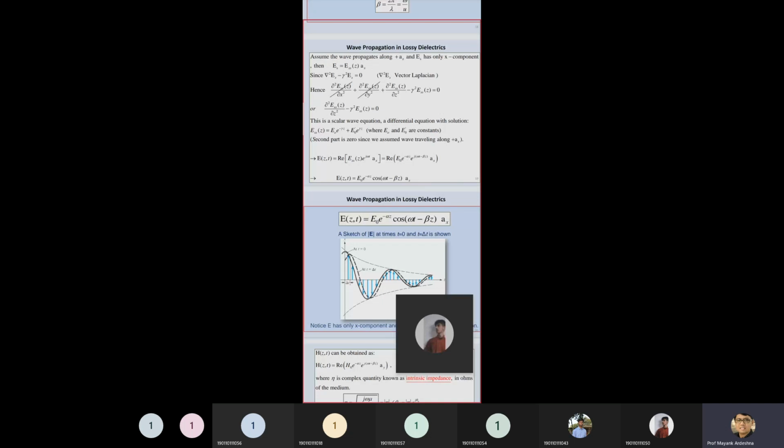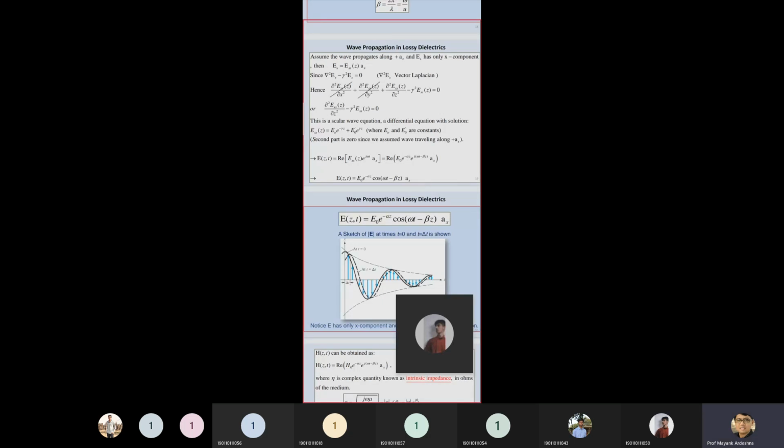If you see the equation in terms of the Laplacian, del square Ez upon del x square plus del square Ez upon del y square plus del square Ez upon del z square. This is the similar equation we discussed when discussing the Laplacian of a scalar field or a vector field in the Cartesian coordinate system. So we just separate out the components Ex, Ey and Ez, and replace them with the Laplacian.